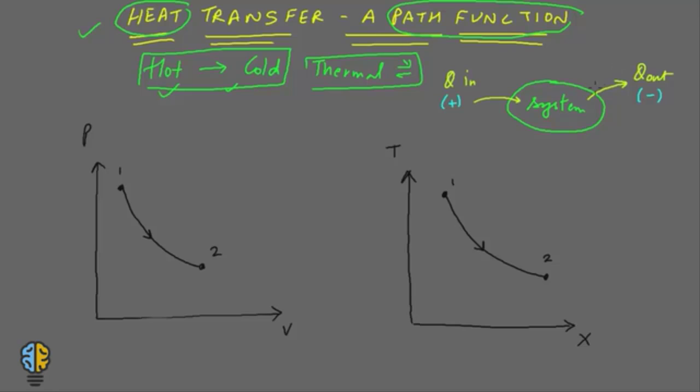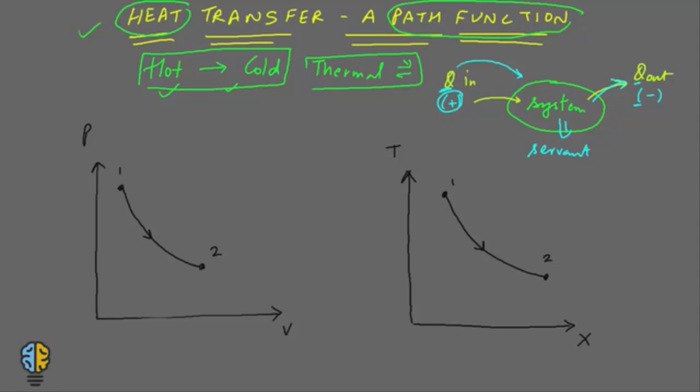Because again, you can treat the system to be your servant. So when you give heat to your servant, everybody is happy except the servant. So you take it to be positive. And when the servant gives heat to you, maybe he shouts at you or he is angry with you, then you're not happy. So it's a negative sign. So this is how you can put it analogous and make it easy to remember these sign conventions.